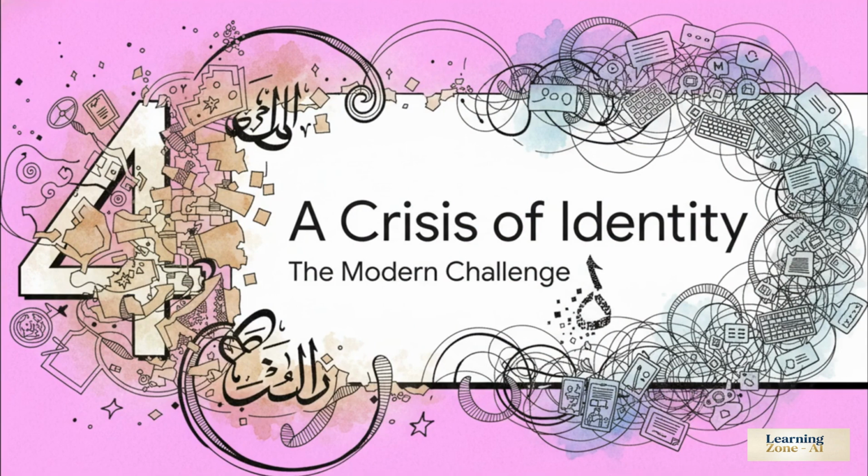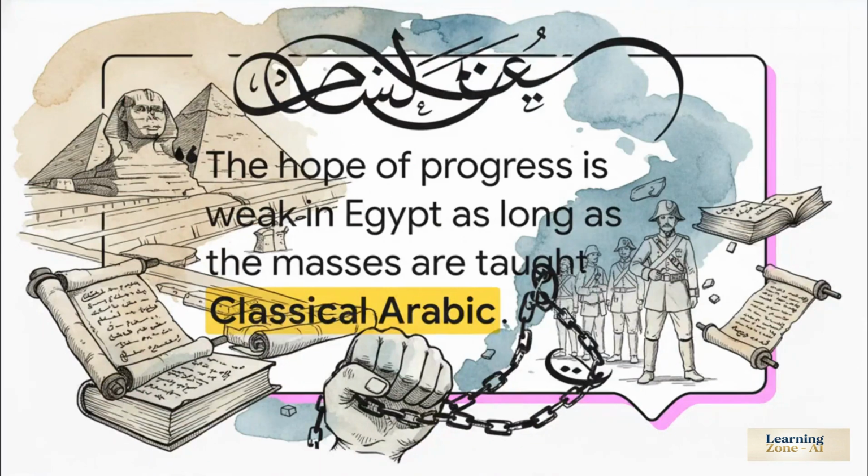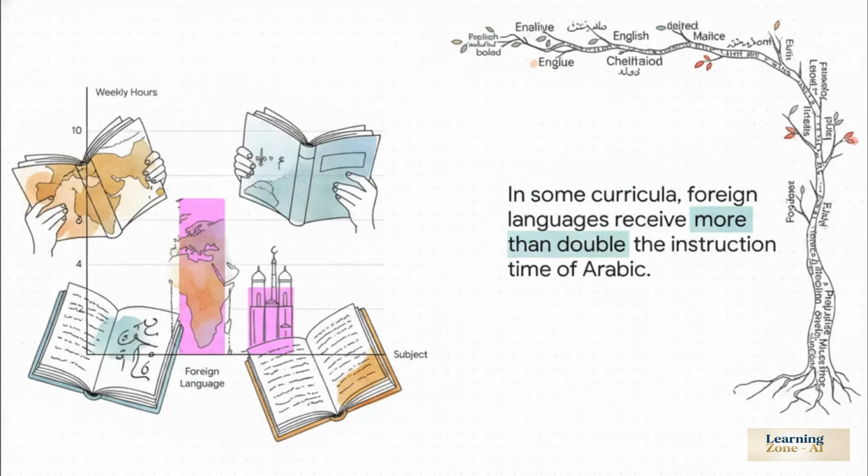Because after being the language of a global superpower, Arabic today is facing a profound crisis of identity. And this crisis, well, it has some really deep roots. Back in the 19th century, colonial powers totally understood that language was the heart of a culture. This quote from Lord Dufferin, a British official in Egypt, says it all. He basically said that undermining classical Arabic was the key to controlling the population. By attacking the language, they were attacking the entire culture and history that it carried. And the legacy of that strategy is still with us.